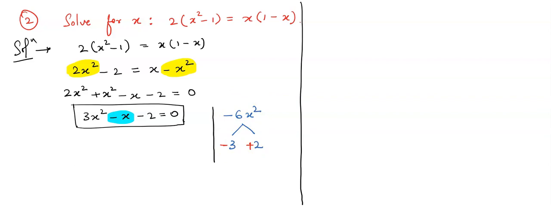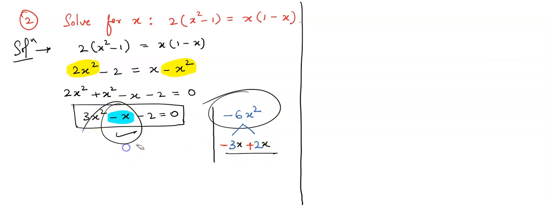Got it? Now here as you can see the variable is x, here also x, here also x. You add these both. What is minus 3 plus 2? That is plus 2 minus 3. From 2, 3 will not go, so it is minus. 3 minus 2 is 1x. See, if we are adding, we are getting my middle term, right? Now multiply. Minus into plus is minus. 3 2s are 6. x into x is x². See, if you multiply these both, you should get this term. If we add these both, you should get this term. Understood the concept? Concept is clear?